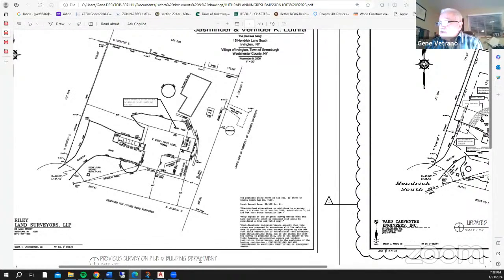And then when we started doing the calculations and the numbers didn't match, I ended up going before planning 3 times. Doug Hahn and I were probably on the phone a half a dozen times trying to get these numbers to make sense. So that's what clouded the entire issue. Again, if it were just the sunroom on the deck, I'm 19 square feet smaller. So with that being said,